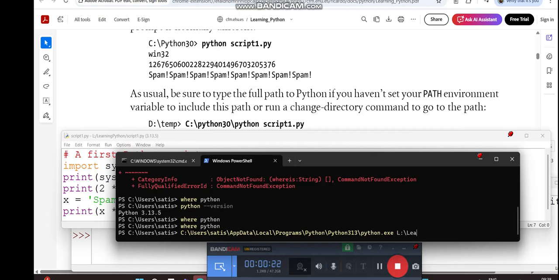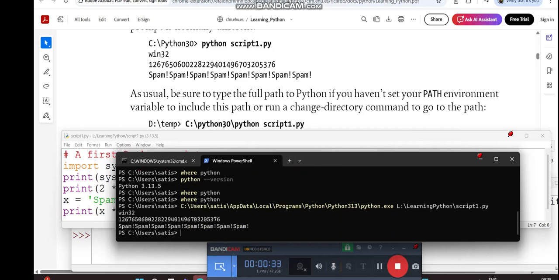L colon backslash learning Python and then script1.py. So even this will execute the script. The absolute path to the Python interpreter and the absolute path to the script will also call the Python script from